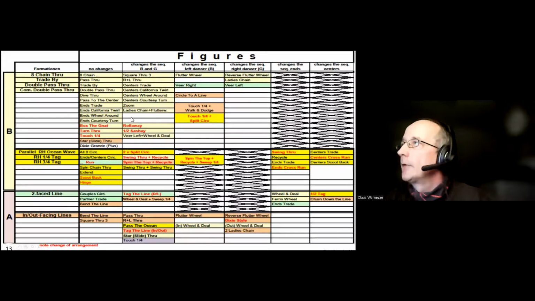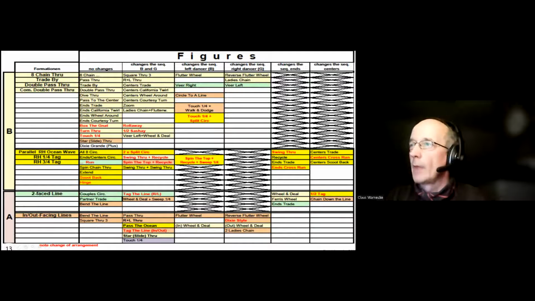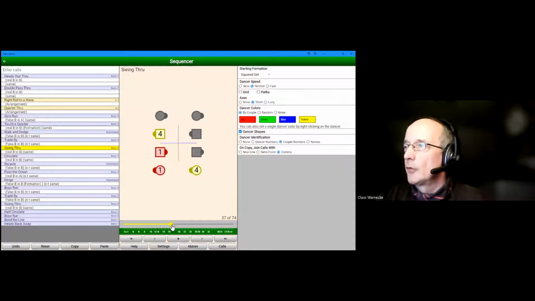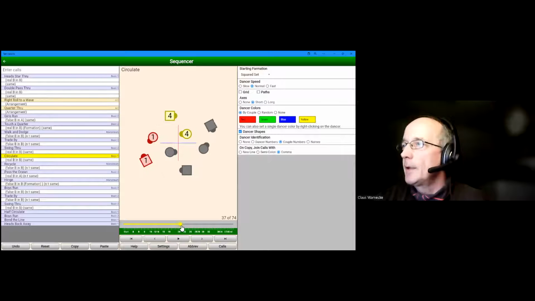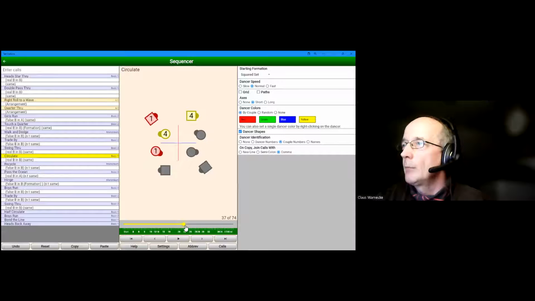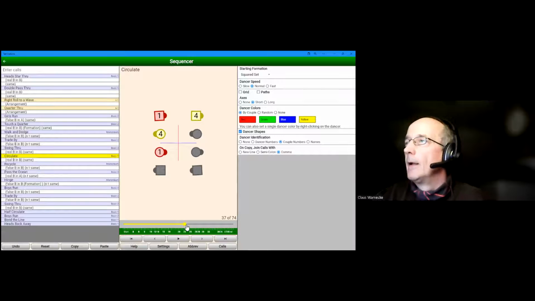When we have the ocean wave, here is the swing through, change the sequence of the ends. The girls are ends and the girls will change the sequence. Both work, the colored list or this short axis. When we do a circulate, it changes nothing because no one crosses the line, and we have a real B